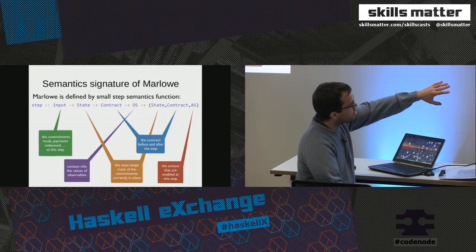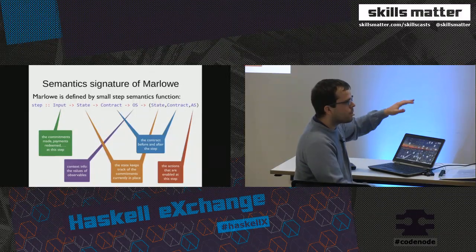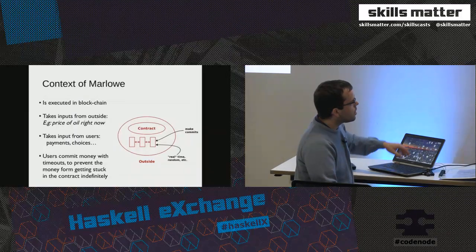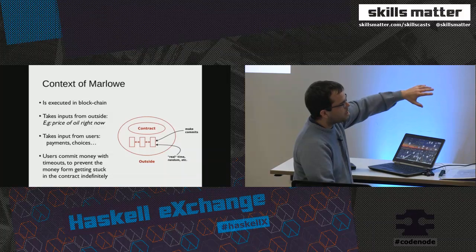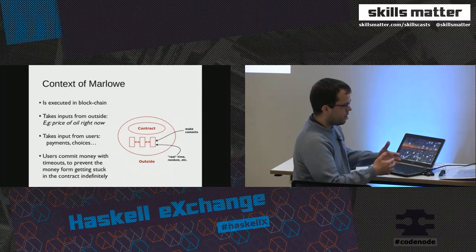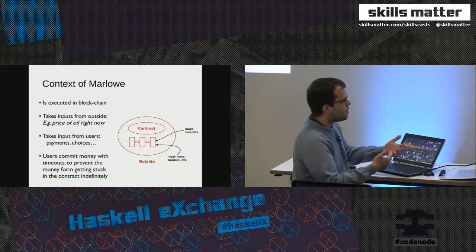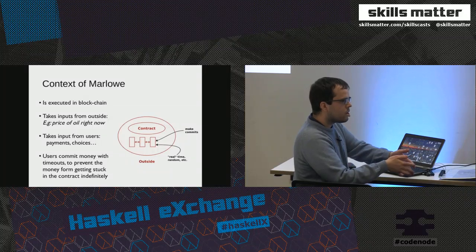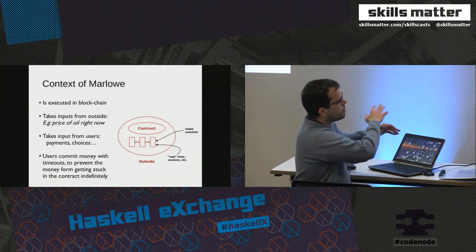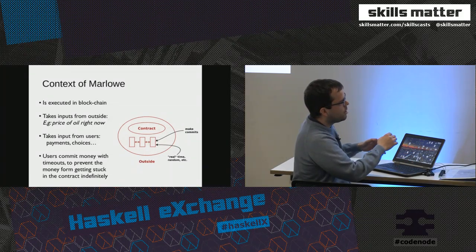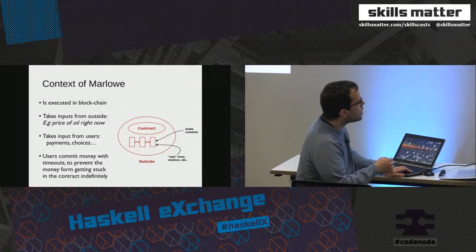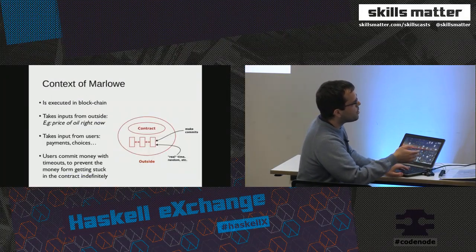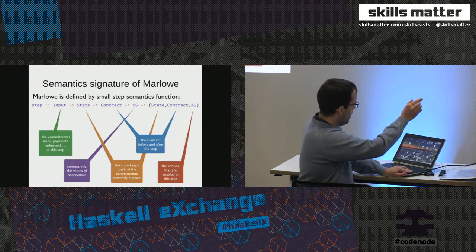And we have OS, which represents the information that comes from the outside. What I should say is that all this must be reproducible because it's a distributed system, and everybody must know what's going to happen with the contract, and they must agree on the outcome. So everything must be recorded in the blockchain. And so this information from outside we represent with this OS.